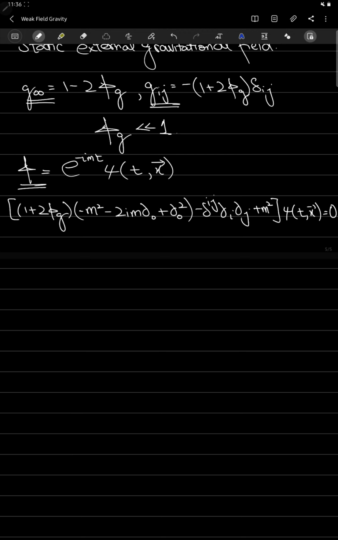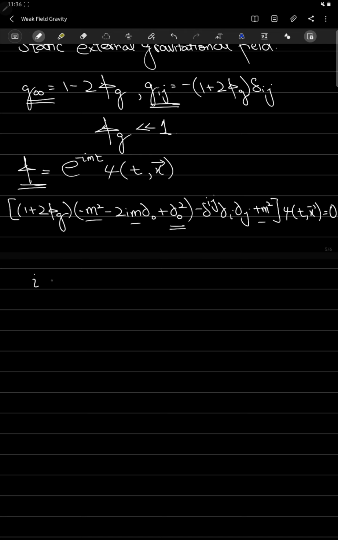Now let's just make some simplifications. You see that the mass terms are going to cancel up to the leading order in phi_g, and this partial 0 squared term is a higher order term in the momentum, right? And so we can drop that out because we're ignoring higher order terms, and so we are left with the usual Schrödinger equation, that is